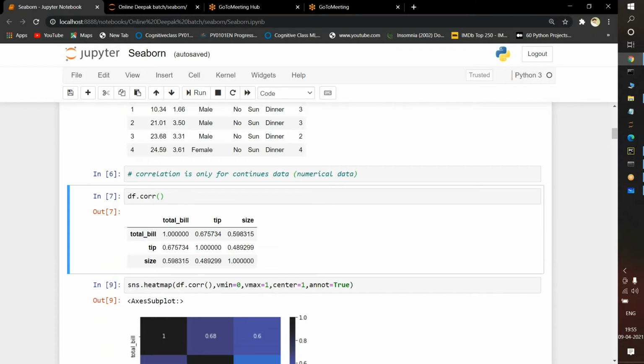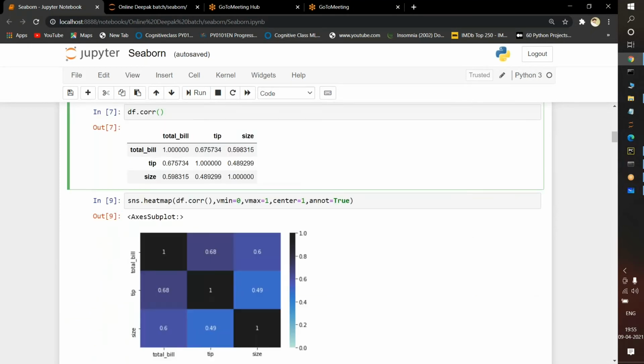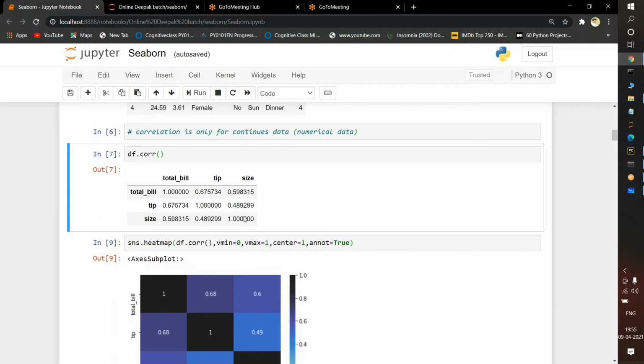This is how we will find out the correlation for each and every column. I will tell you the formula behind this when we are discussing statistics. Okay, don't worry. Just for the sake of finding it, we can find out how much percentage of correlation there is in the data when there are numerical values only. Correlation can be found with the help of numerical values. For categorical values, there are other tests known as the chi-square test, t-test, and ANOVA test. When we discuss machine learning, we'll have a clear idea of how they are implemented. But here, this is with respect to numbers.